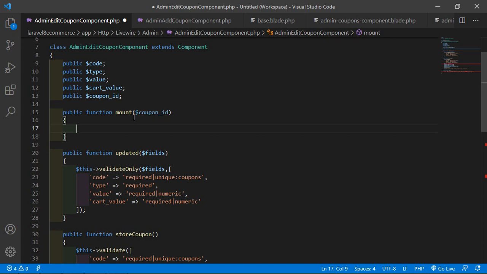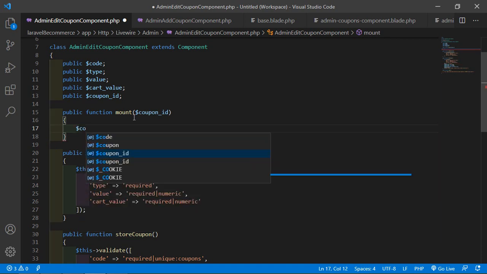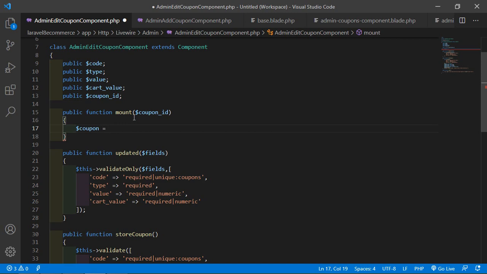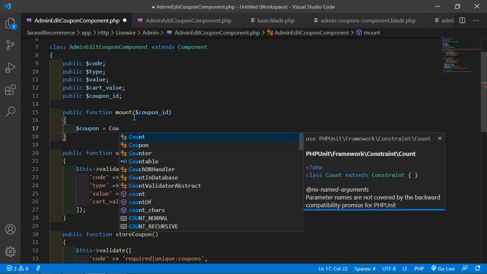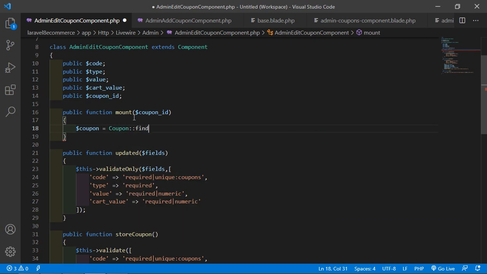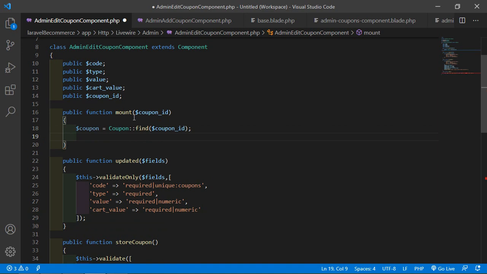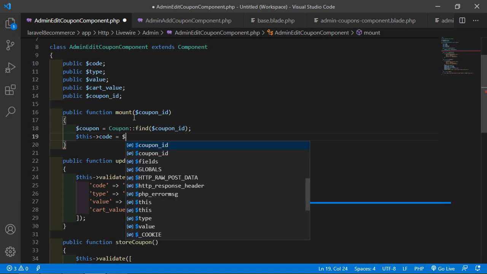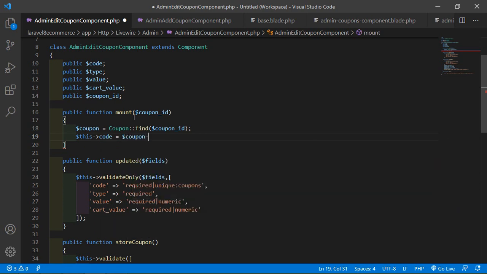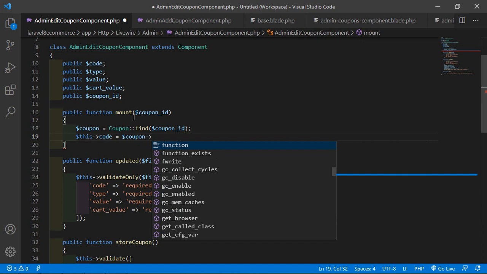All right, and now $coupon is equal to the model name Coupon::find, and inside this just pass coupon_id. All right, then $this->code is equal to $coupon->code.